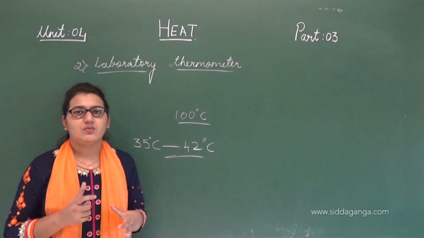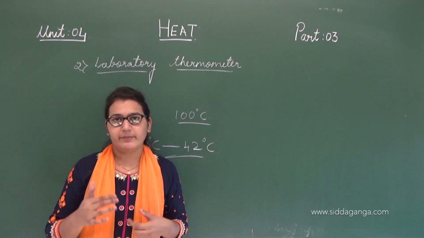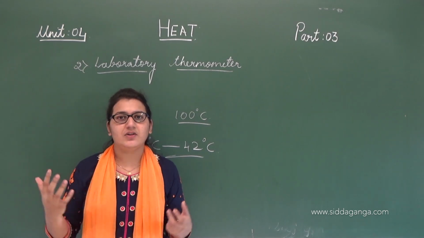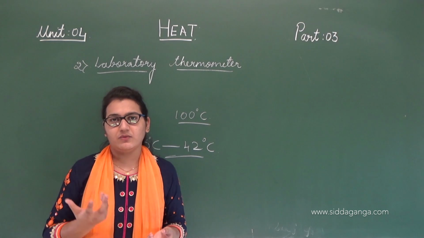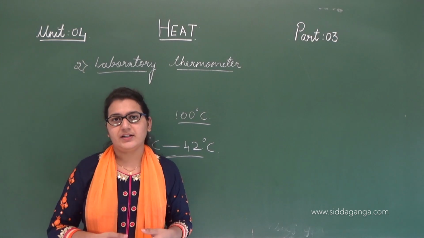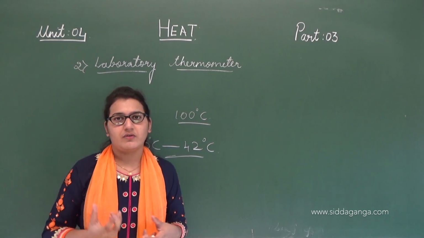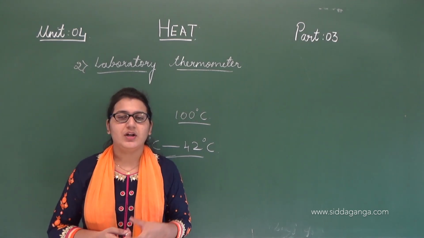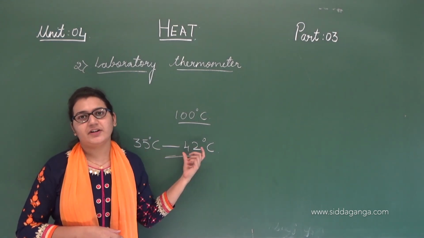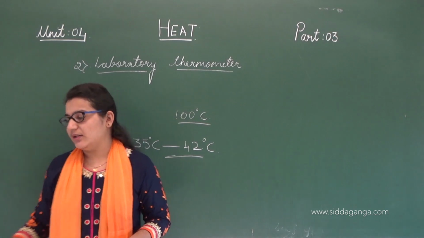Not only that, we need to know the temperature of different objects, not only the temperature of the human body. We have to study the temperature of many other objects, like the normal temperature of a glass of water, not only hot or cold. Even cold items like ice cream, the temperature of day or night, or a hot cup of tea or coffee. But we cannot use the clinical thermometer since it has a restricted range of just 35 to 42 degrees. This is the reason we use the laboratory thermometer.